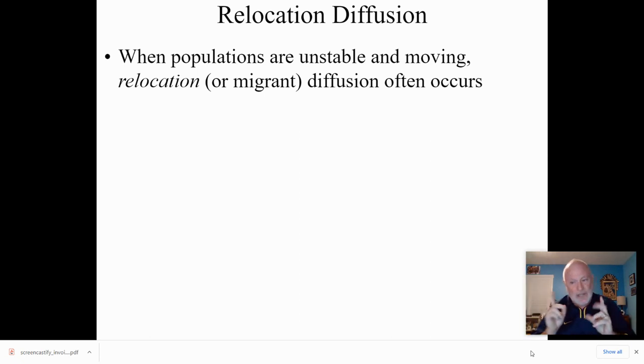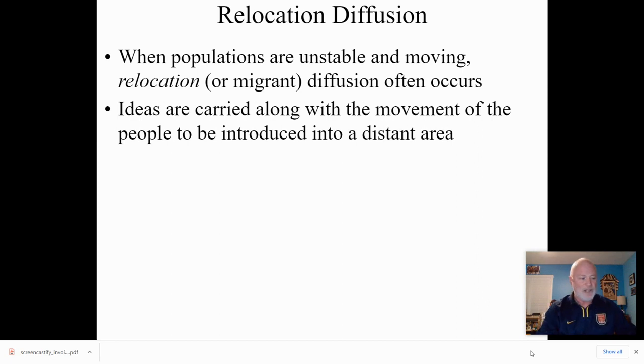So you've got to be careful when they ask you which type of diffusion it is. If there's no increase, it's relocation. It can be relocation at the beginning, and then it can be expansion later. And remember, expansion can be three different ways. It could be contagious, it could be hierarchical, or it could be stimulus. Okay? So when we think about relocation diffusion, the idea or the innovation is carried along with the movement of